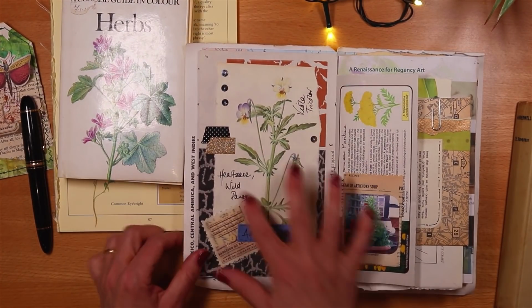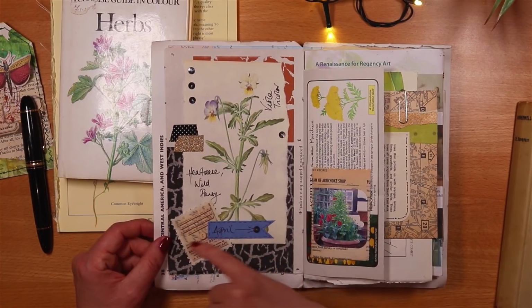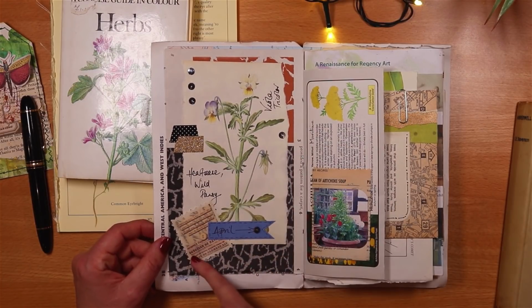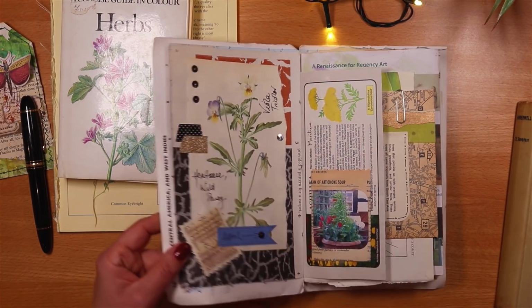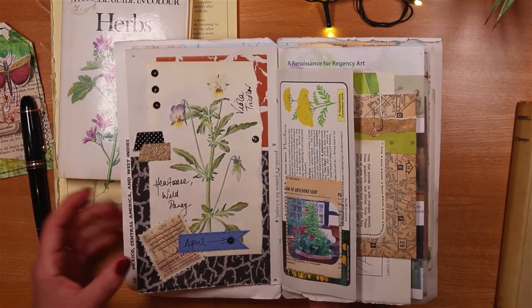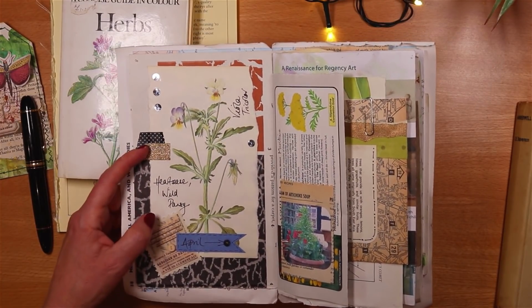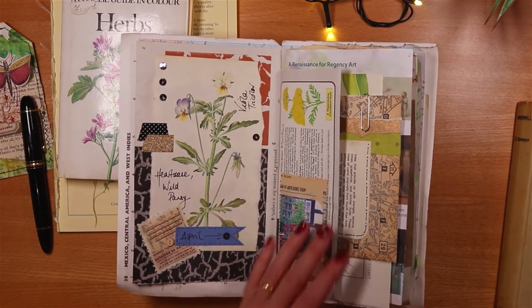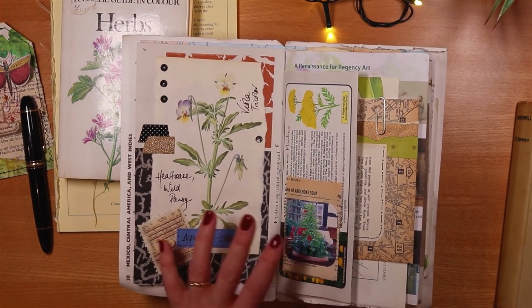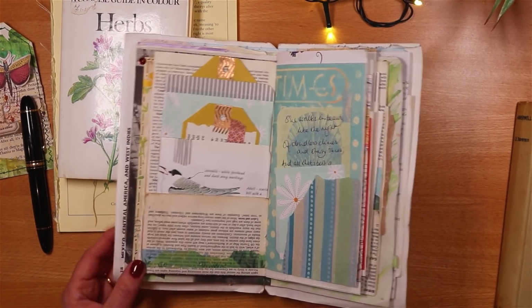So I literally just took a page out. I made the sides of the page look a bit rough. I looked at the picture and put together something with maybe some sympathetic colours from the colour in the flower, and really just hopefully made a bit of an image on a page from that with a little bit of washi and an image down here. So you can use it as a page in a junk journal that you make,